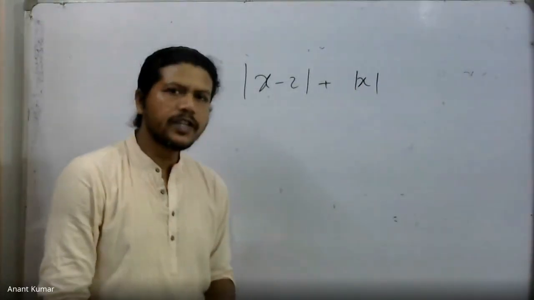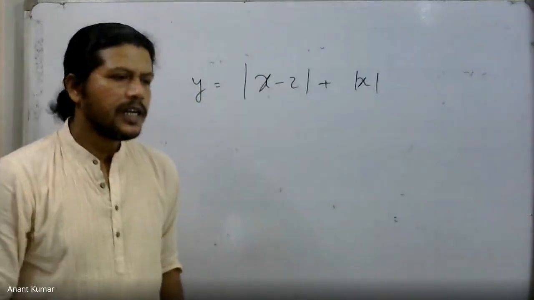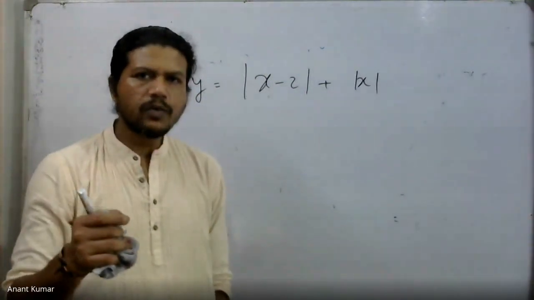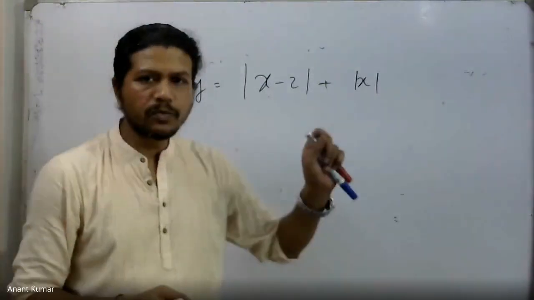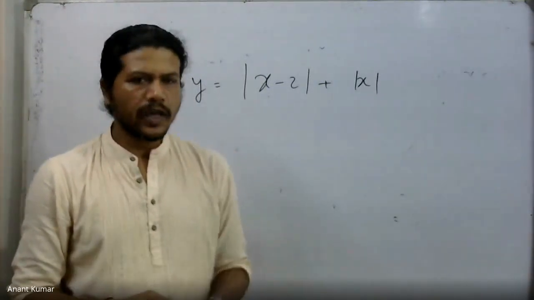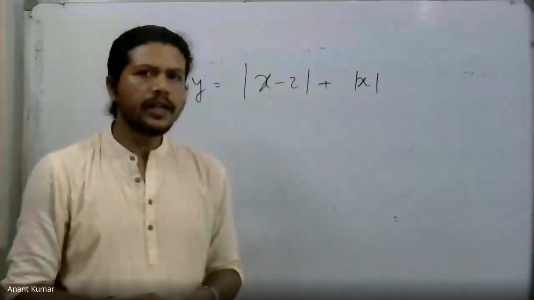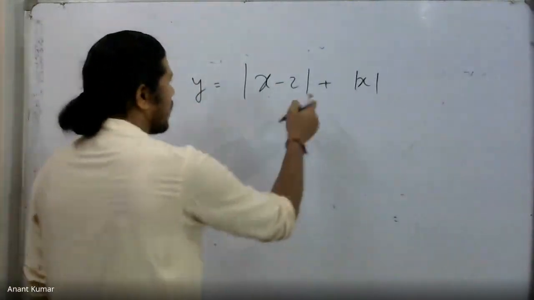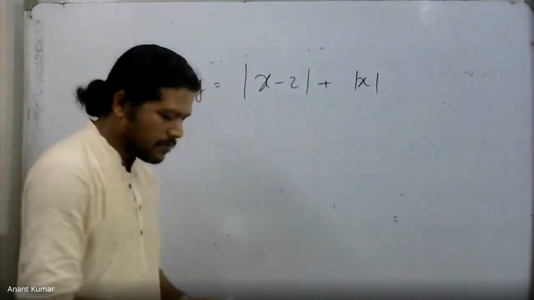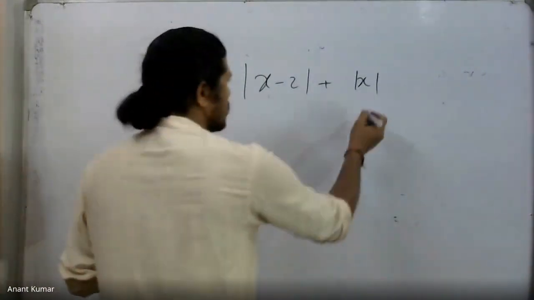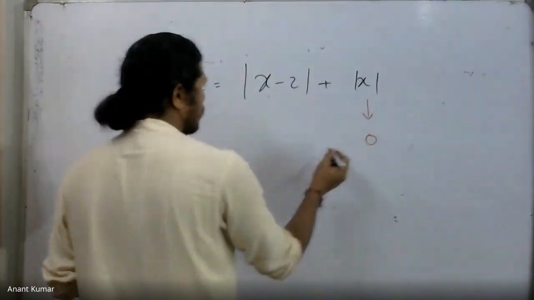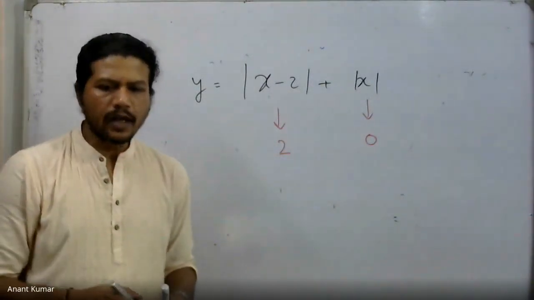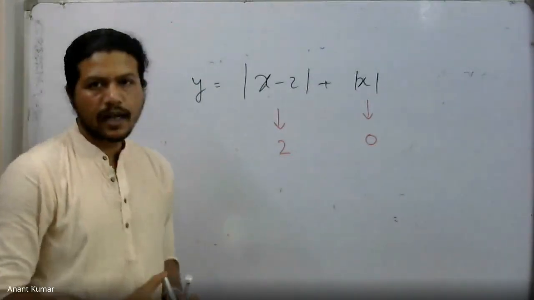Okay, so the plan is very simple. You just consider different parts of the real axis and look at the points which are the corner points for each of the mods. Okay, and then we just look at those points. They will divide the real line into different intervals. In this case, for example, if I take this mod equal to 0, it becomes 0 when x is 0. This has a corner point of x equal to 0. This has a corner point of x equal to 2. These are the points where we have to divide the real line into different regions.